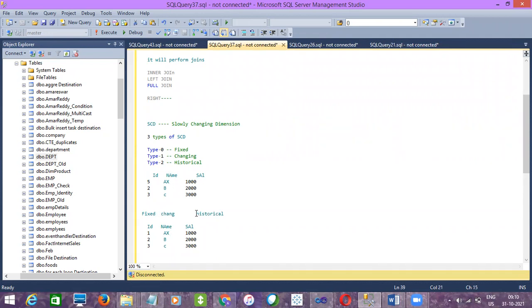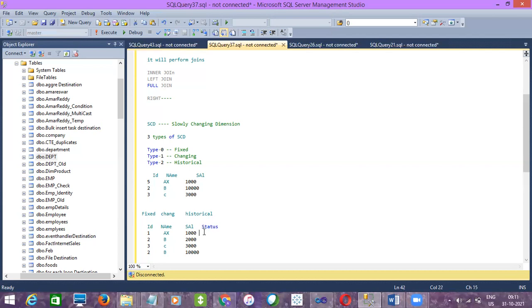And if it is historical, let's say you have changed the salary of 2000 in the source, you made it 10,000. What happens is one more record will get added: 2, B, and then 10,000. And for this you have to maintain one more column, maybe status.